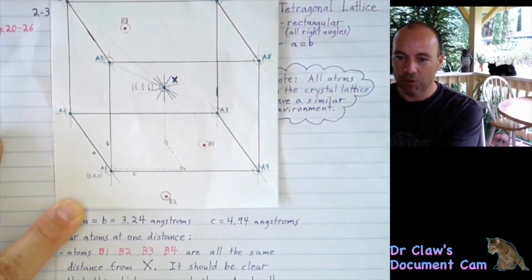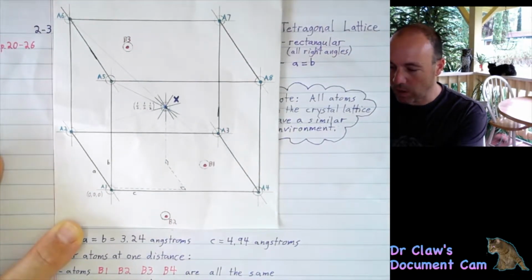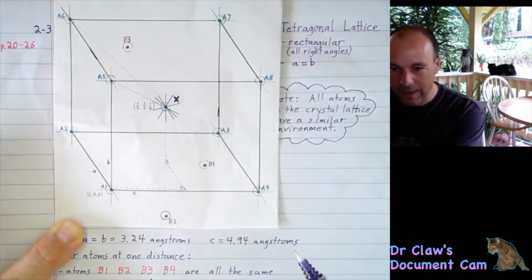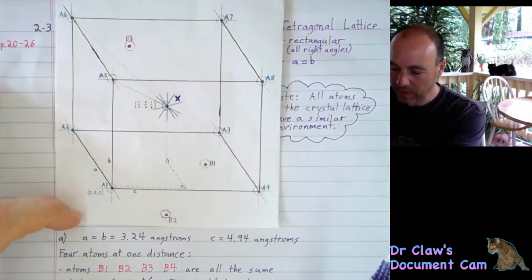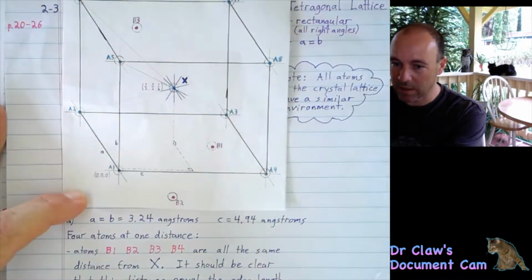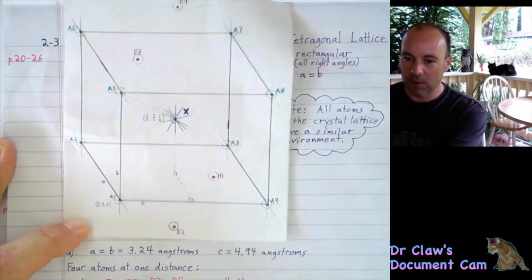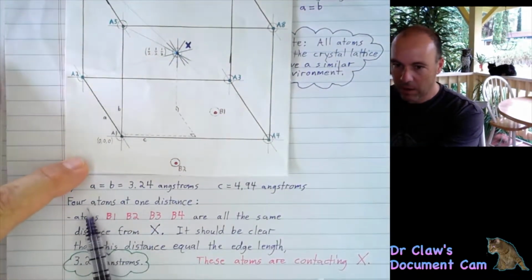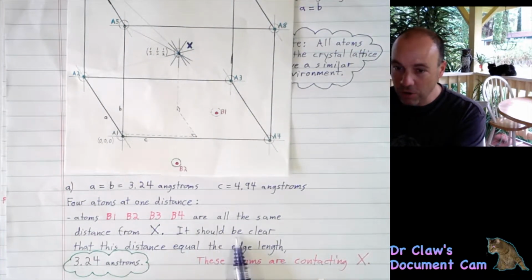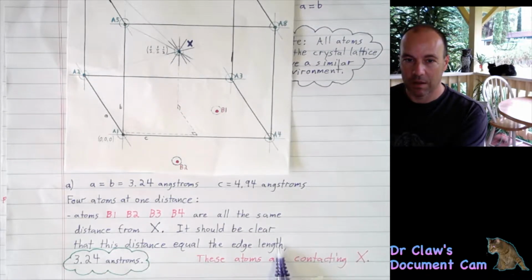Okay, now the problem wants us to calculate the distances between these atoms and the central atom, and so we really need to calculate 2 distances. All right, so 4 atoms are going to be at 1 distance. These are the atoms B1, B2, B3, and B4. Okay, those are all the same distance from X, and it should be clear to you that this distance equals the edge length,